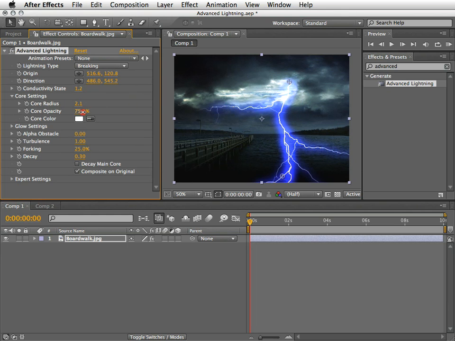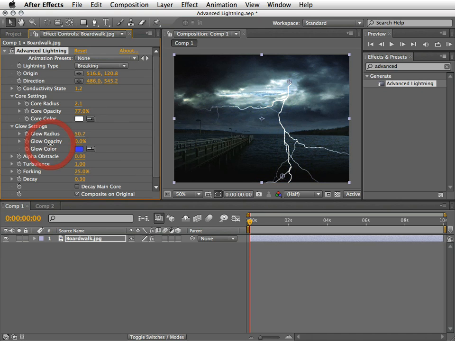opacity and color. The glow settings will adjust the glow of the lightning, and please note that if you want to disable the glow completely, you'll probably need to set the glow opacity to 0. This is probably a good way to go in a complex project because turning off the glow will speed up the rendering time greatly. For now, we're going to skip the alpha obstacle and we will come back to it